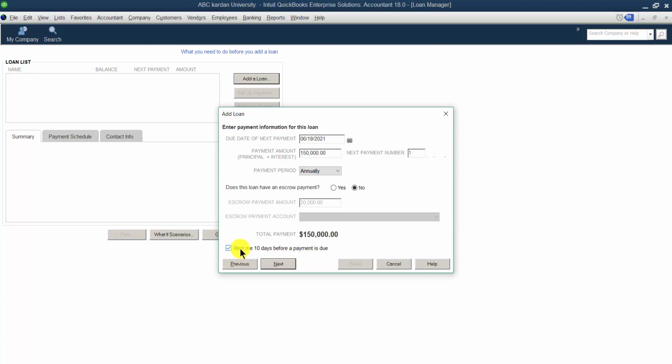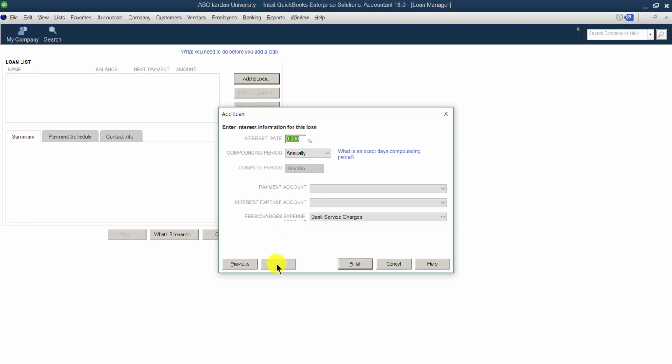So you can ask QuickBooks to inform me 10 days before the payment date. For example, if the payment date is on this date, then 10 days before, QuickBooks should give me a reminder that there is a payment, so please do not miss it. Click on Next. When you click on Next, it specifies the rate of interest, how much interest